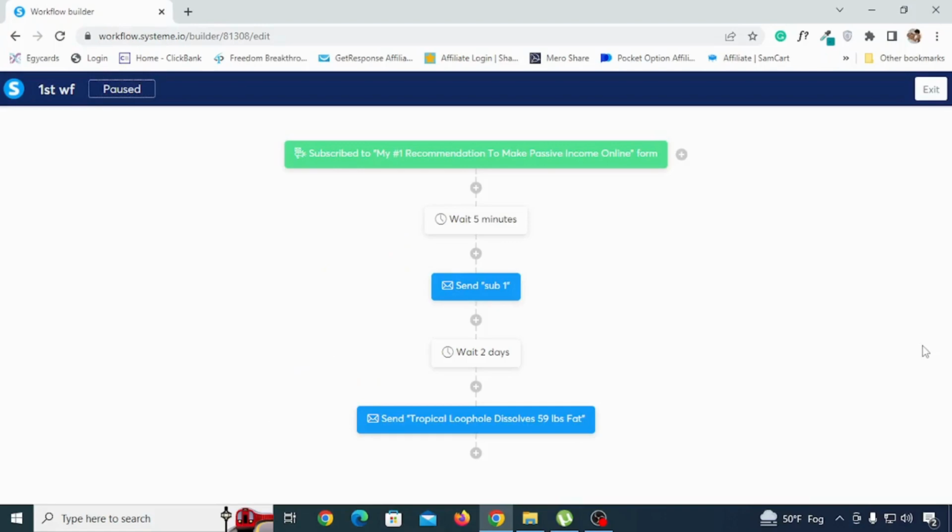So in this way you can keep on adding email sequence, and this is, I think, going to be a better email marketing automation than campaign, because when you start to use this, then you will have more flexibility in the workflow. Okay, so once you have done all of this, then just click on this exit,